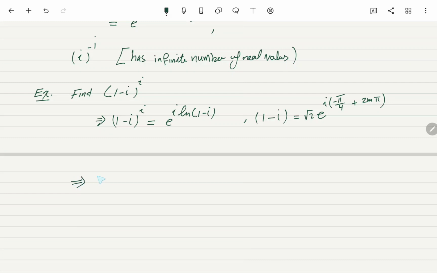Therefore, 1 minus i to the power i equals e to the i times ln square root of 2 plus i times minus pi over 4 plus 2m pi,